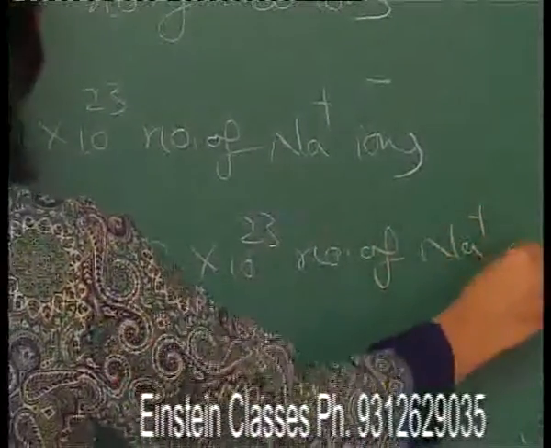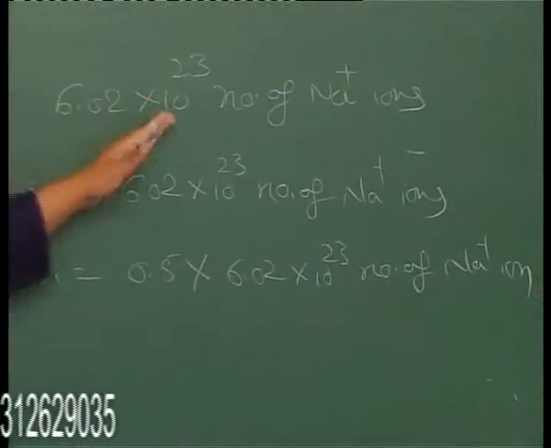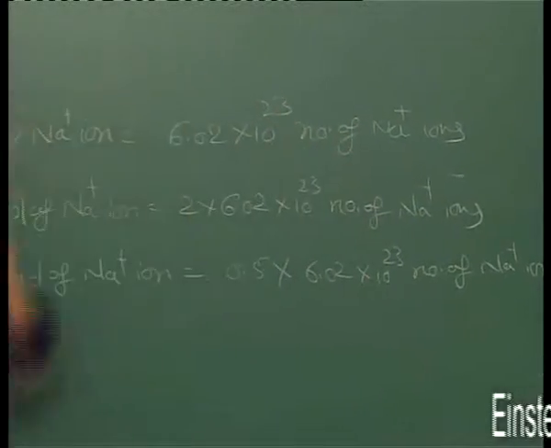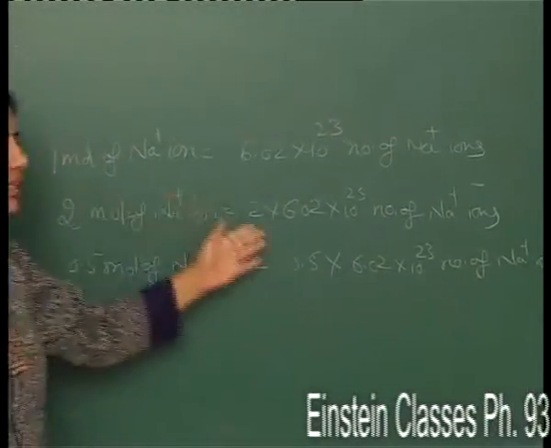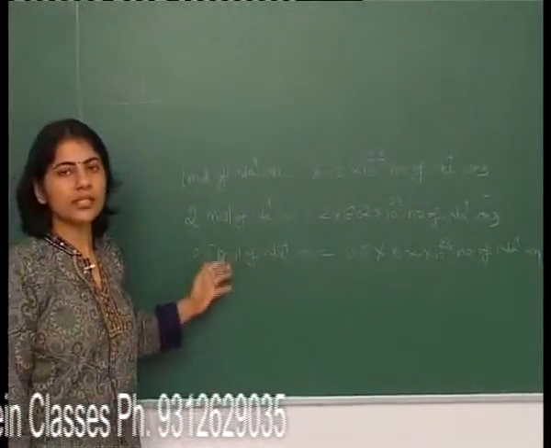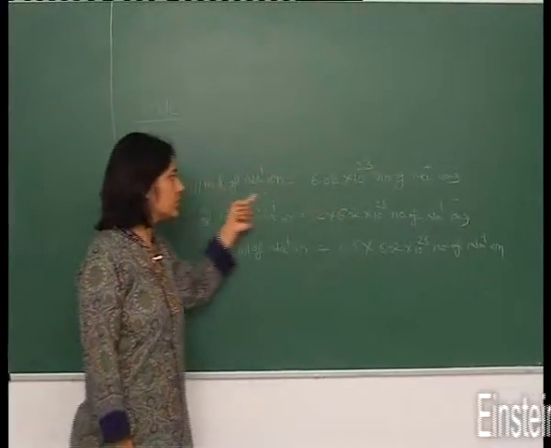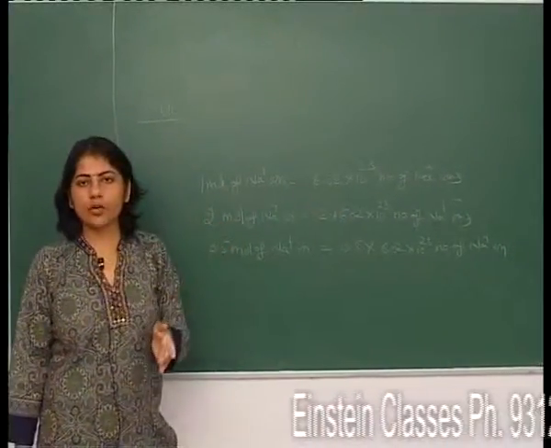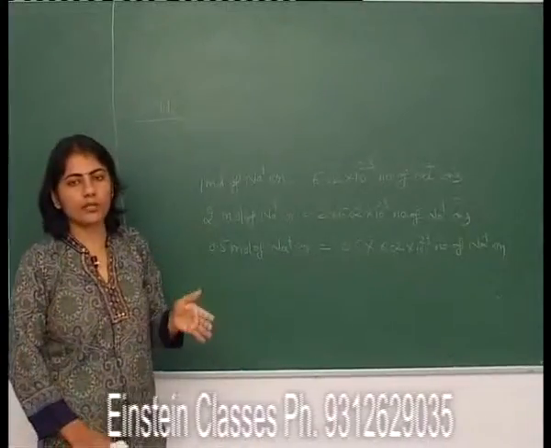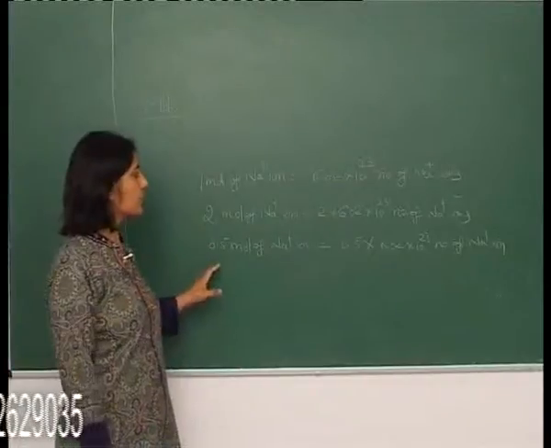So this means that if we know 6.02 × 10^23 ions are in 1 mole, then how many ions are in 2 moles or half a mole could be calculated from this by comparing this value. Similarly, we can apply it for hydrogen. Similarly, we can apply it for any other substance also. So that is the meaning of the mole.